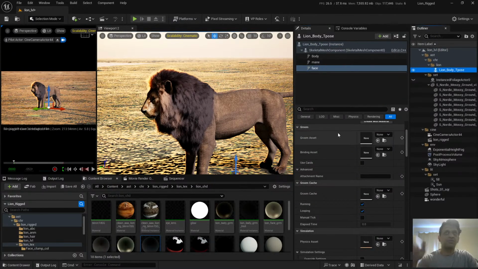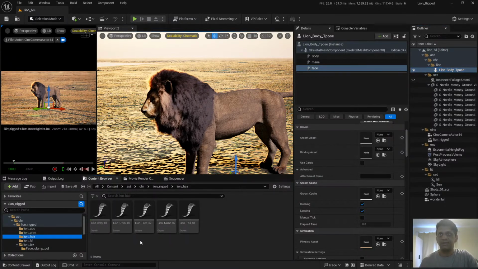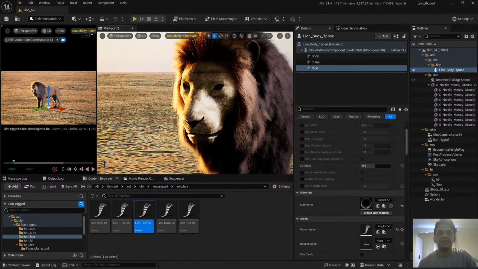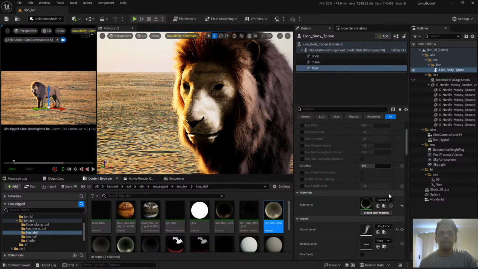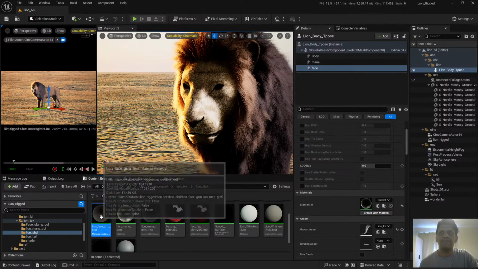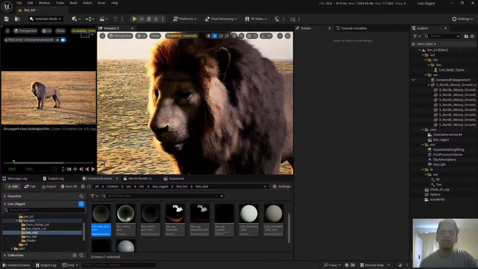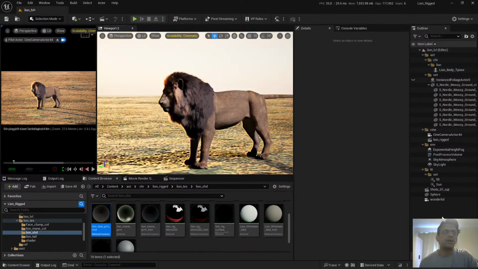I'm just showing you, then we will open a separate file which is already done because it will take time. Now it also has a face, just assign the face shader, face groom instance here,